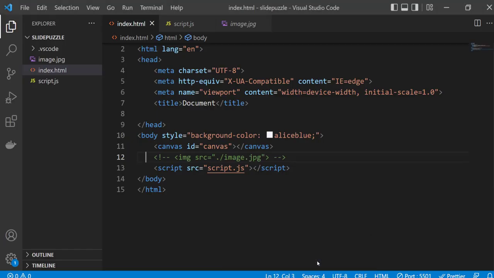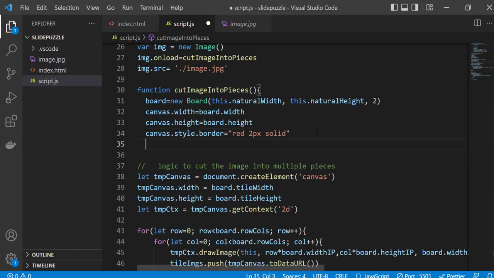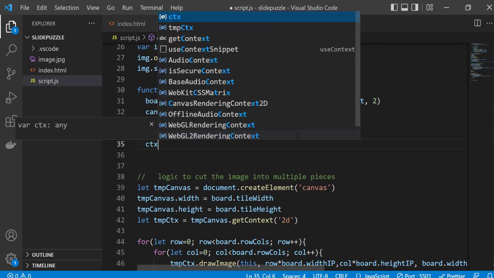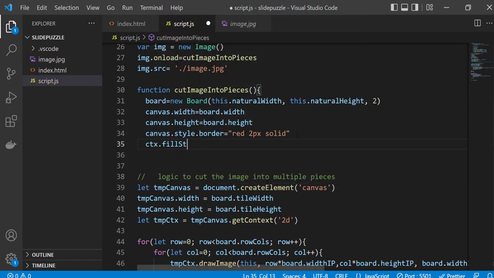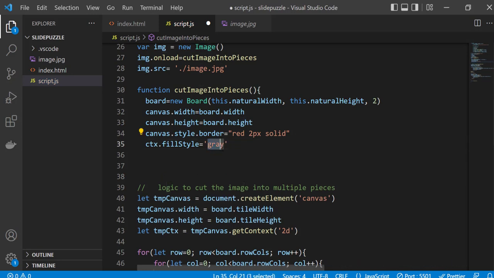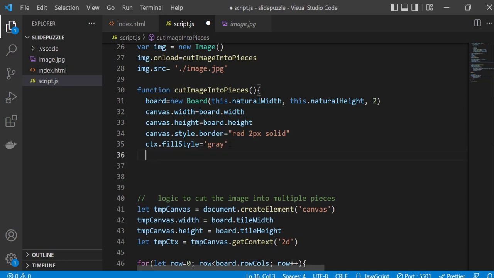Now let's actually draw the images. But if you notice, our canvas is transparent. That means whatever is underneath this canvas, we can see it. And that is because we haven't filled any color in the canvas. So we are going to give it gray color after assigning border. To give it a color, we have to use context.fillStyle and give it value gray. So this is only setting the color to be spread in the canvas to be gray, but it doesn't actually paint the canvas. To make this action happen, we have to call another function after setting the fill style,